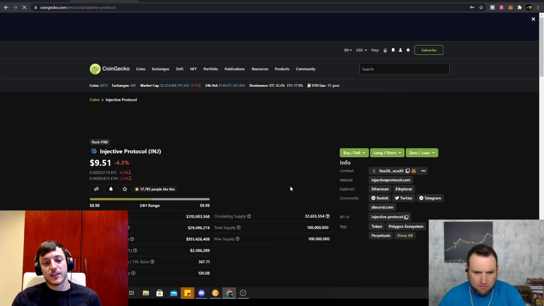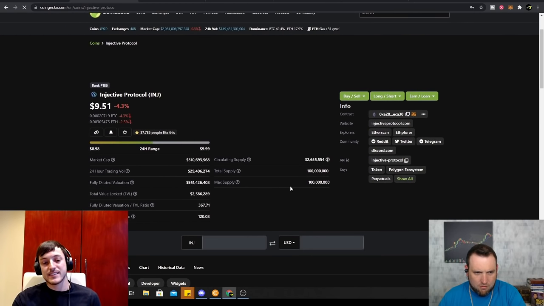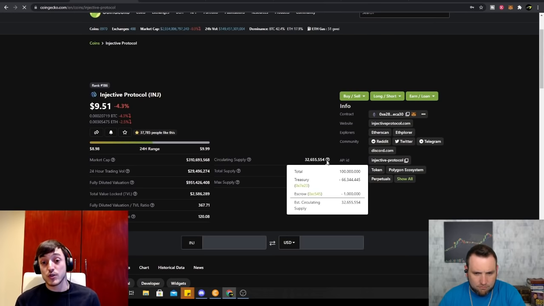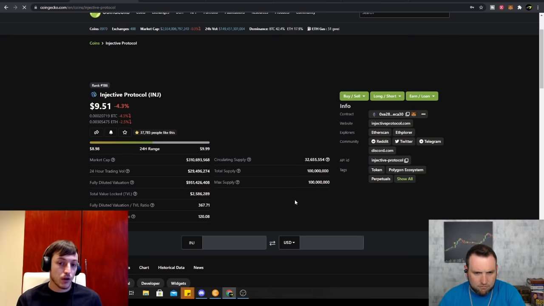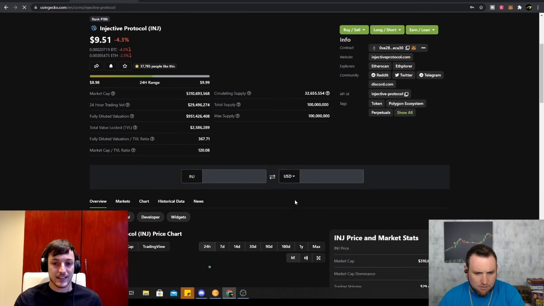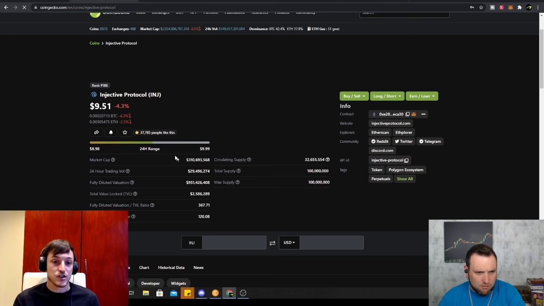The idea I think for Injective is if they're going to really succeed, they need to compete with these centralized exchanges in terms of usability, the amount of liquidity they have, and the tools they have for traders. And I think if they can do that, they'll be really successful, along with other protocols or blockchains like Injective. I'm sure if they can get that kind of functionality, they really do stand to compete with centralized exchanges in that regard.